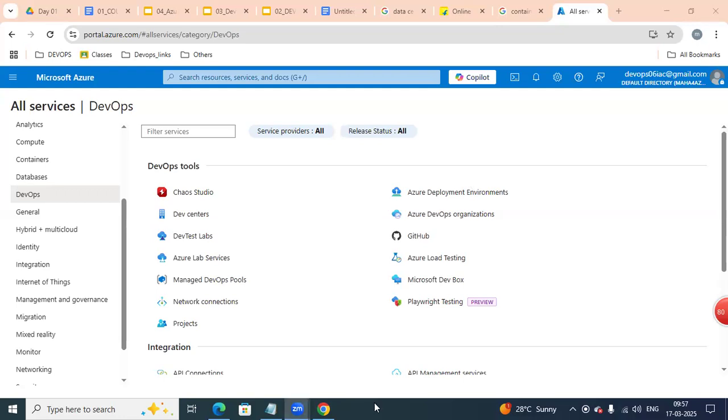Hi, Maha. Good morning. Are you going to teach us the CI/CD pipelines only with the classic editor, or are you also going to cover YAML scripting? YAML also we're going to be covering. YAML, JSON. We're going to be learning and implementing YAML formats for one month completely. In Terraform we're learning JSON format, and in Ansible we're writing playbooks with YAML, executing playbooks and creating infrastructure. That we're going to be learning. I will teach you, don't worry. What is YAML? Don't ask me, I will teach you.